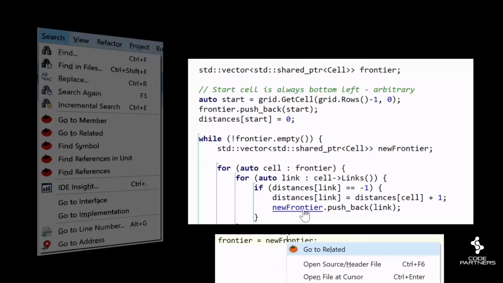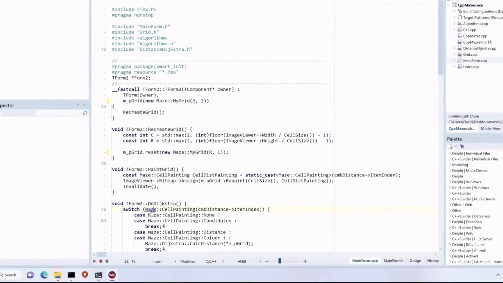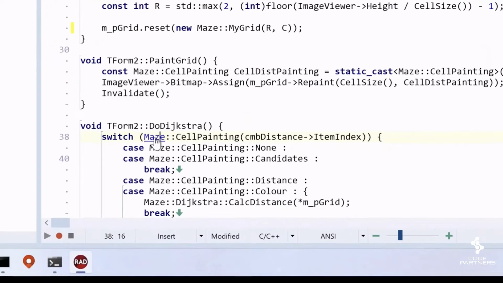So while I can use the search or context menu GoToRelated, for this demo I'm going to hold the Control key down and click on things. Let's start small, something basic, a namespace. This app has a namespace maze, which is used in multiple areas, and you can see it used here in this method. If I control click on it to invoke GoToRelated, I get a menu popping up, and this lists